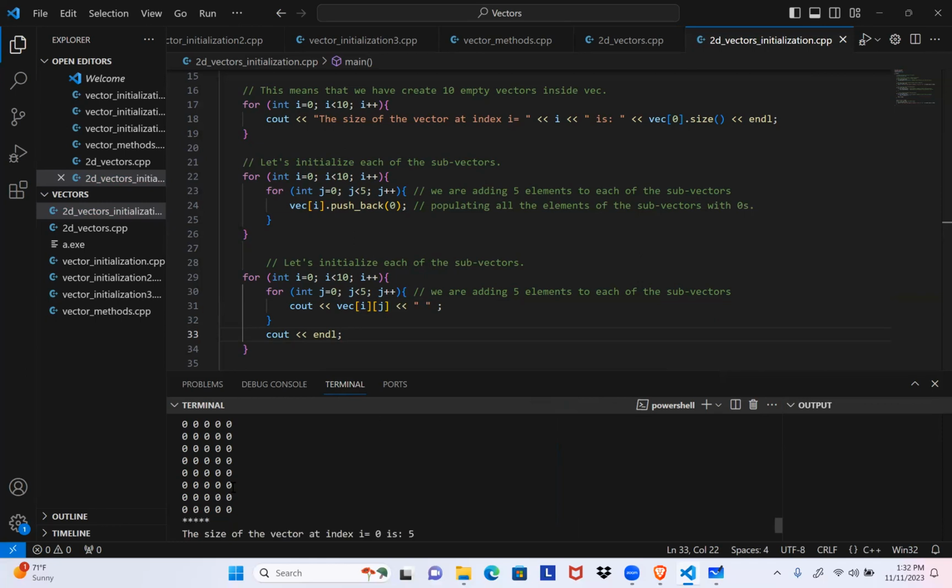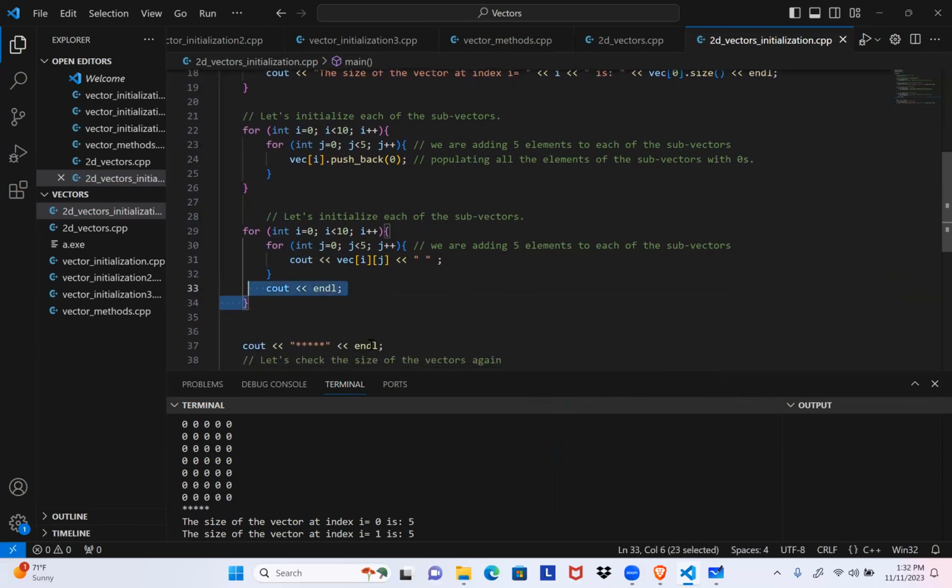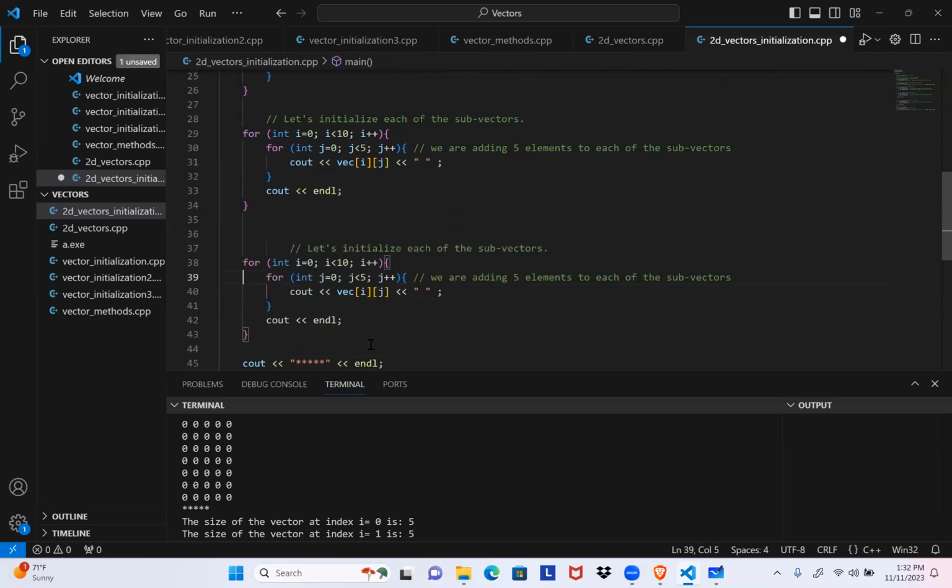We created a 10 by 5 matrix, or 10 subvectors. Each subvector has 5 elements. Now the deal with these 5 elements is, so far they were zeros. What we can do now is get input from the user and populate it into each of these subvectors, which is totally fine. So if I run this,